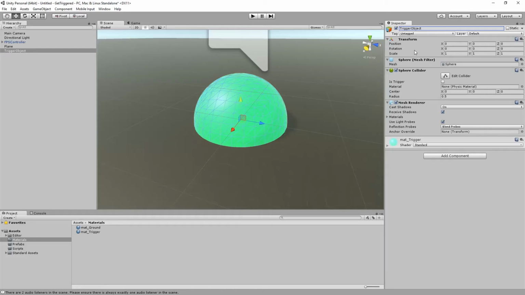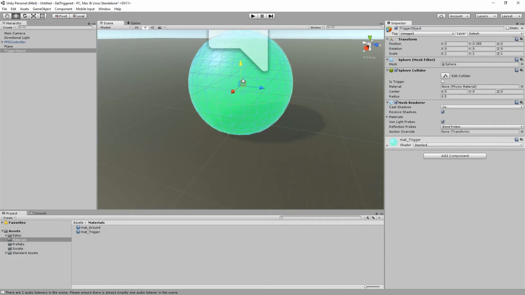So we have some components under here. We're always going to have this transform. This just allows us to position it in our game. We have the mesh filter, which renders our mesh to the camera. We have our sphere collider, and you can see here we have a setting called isTrigger, and it's currently not turned on. So if I take this object, and I'm just going to move it up in the viewport here a little bit,